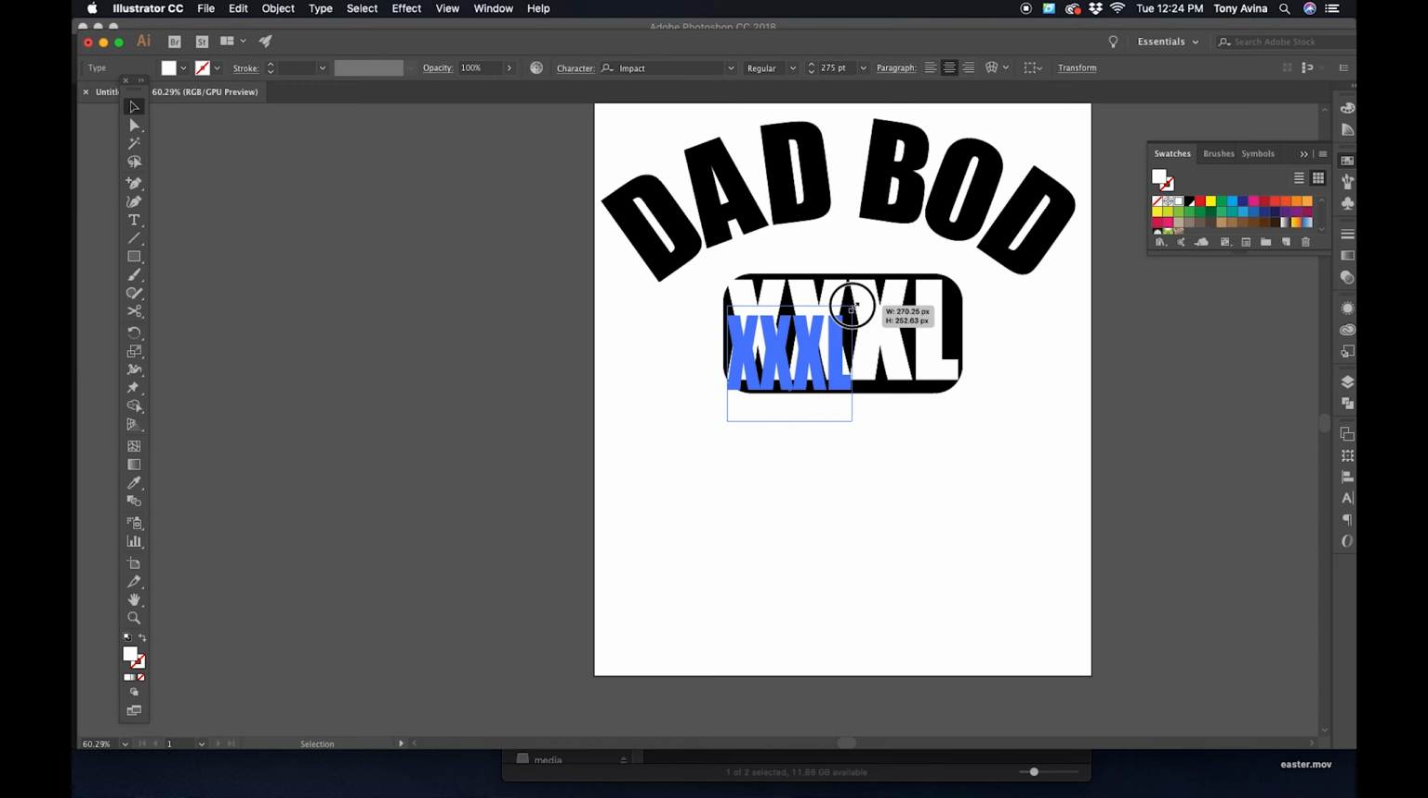So first thing I want to do is hold down Option, so I'm changing the scale from the center, and then hold down Shift so it constrains my proportion so I don't get distortion. Okay, so once I have it about where I want it, which for this is going to be 250 points,